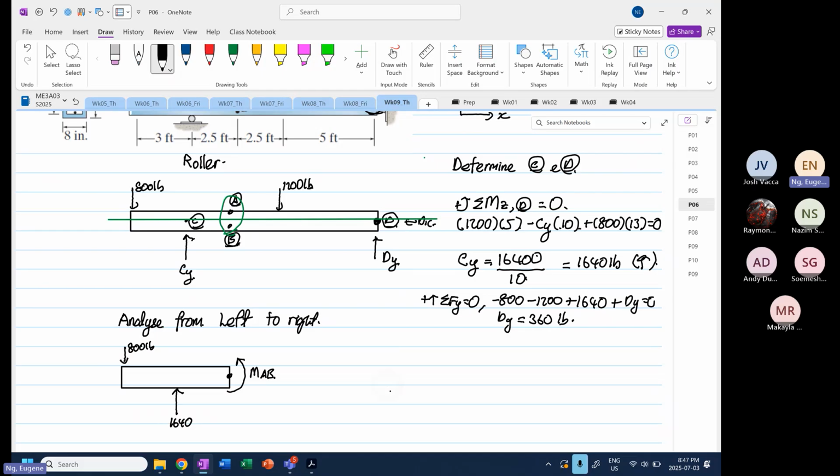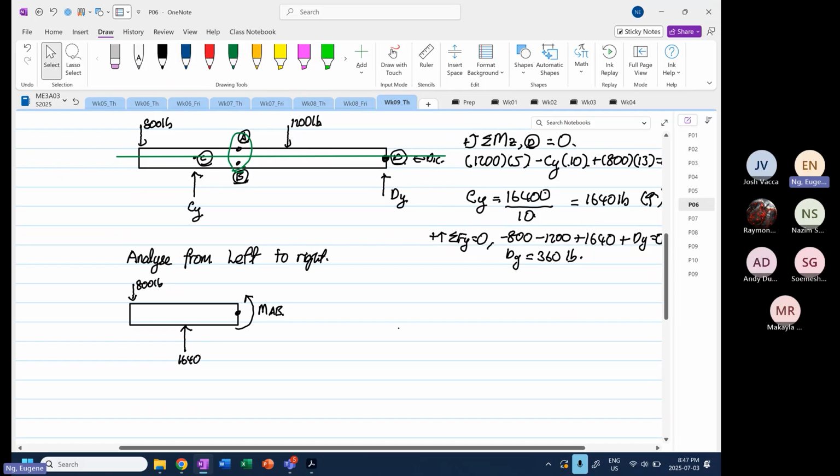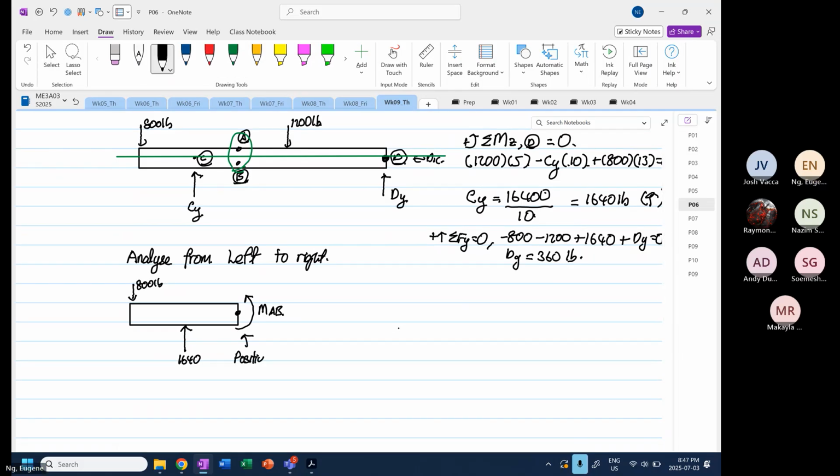Moment AB, we do it that way because we are making a what? A positive bending moment assumption. Okay? We just assume that direction. Later on, when I show you from right to left, okay, what is the positive bending moment assumption? What direction? Okay. So now we are going to do